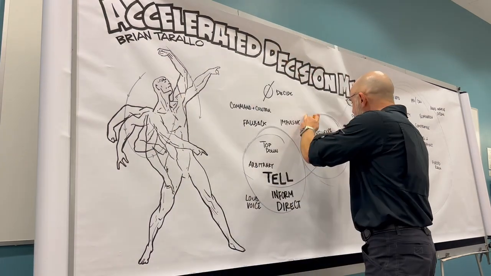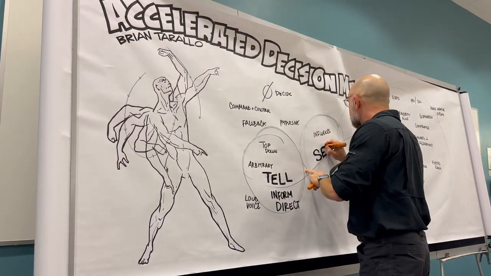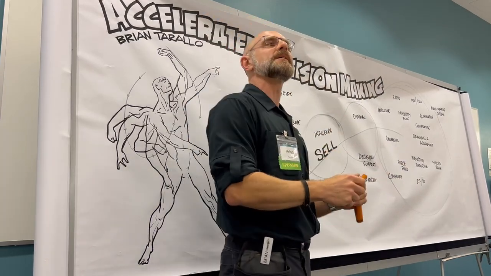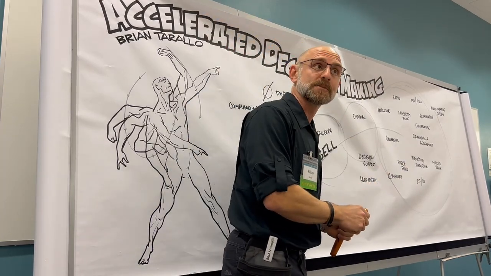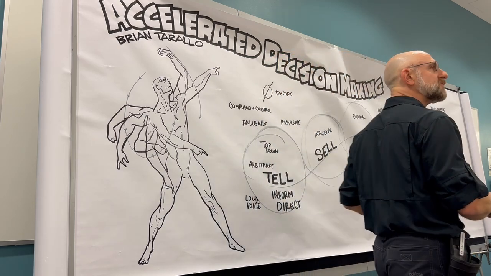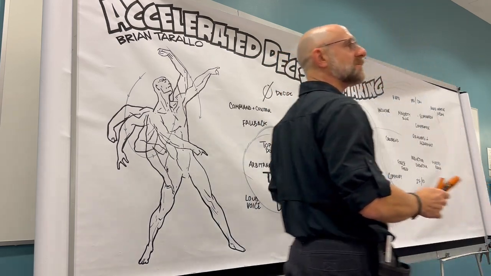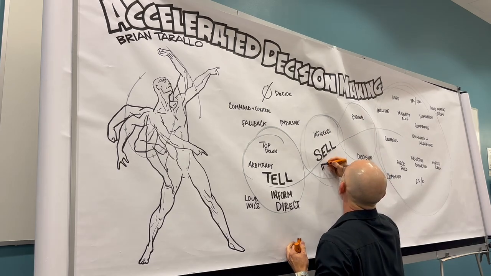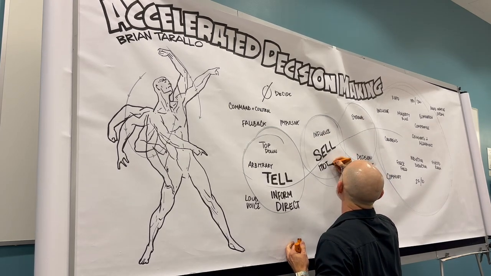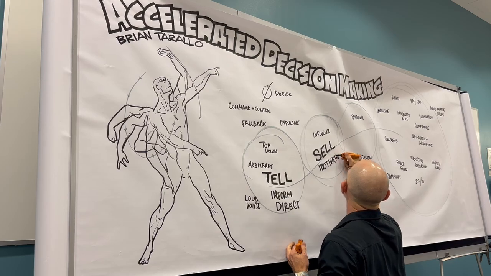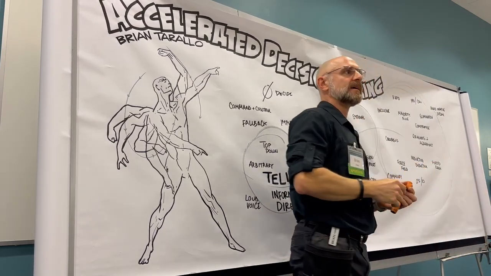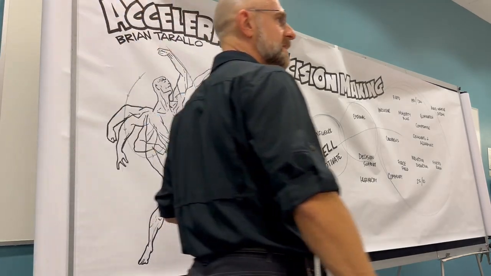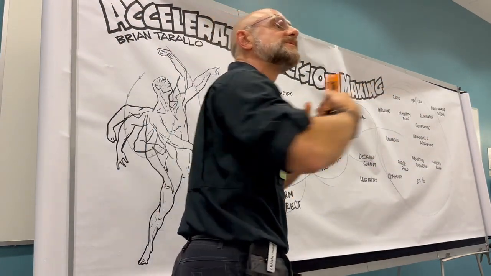Then there is a sell. A sell was actually invoked earlier today when I think it was Leslie that brought up Simon Sinek. If you've seen the Golden Circle, if you've seen Start With Why, that's everything he's talking about. The purpose of a sell is to influence, or to motivate. I want you to get on the bus with me. I don't necessarily have any control over you, but I want you to join me on this. This is a good idea. I'm going to sell you on the reasons why.